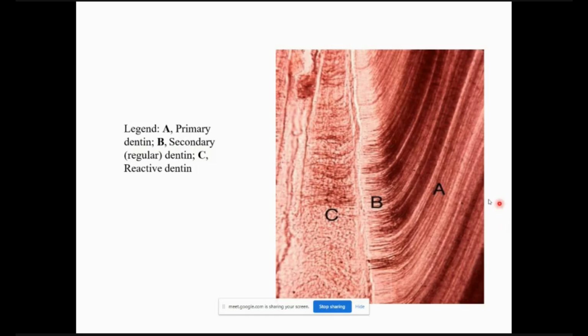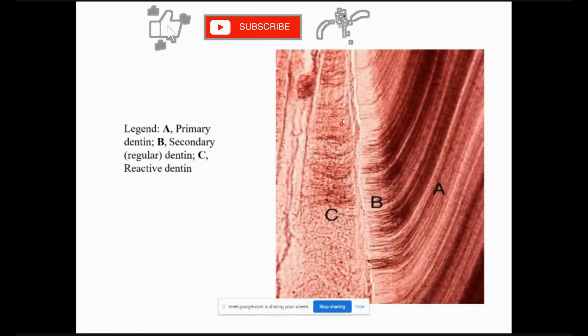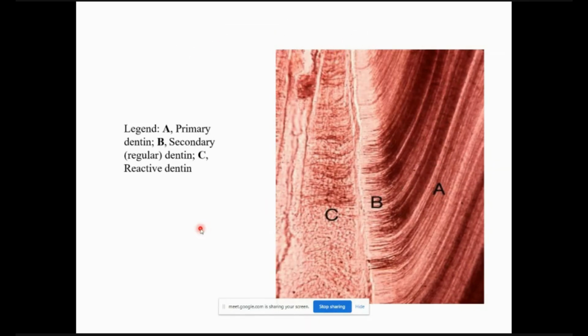So this is another picture. Whatever we discussed till now, the histological differences, you can very clearly see. This is the primary dentin. The secondary dentin will have fewer tubules and is less mineralized, with more organic content and a slightly less organized arrangement. And this is the tertiary dentin, with even fewer tubules. See, the tubules have become so few in number, and it doesn't have any organized arrangement at all. So this is the histological difference between the three dentins.